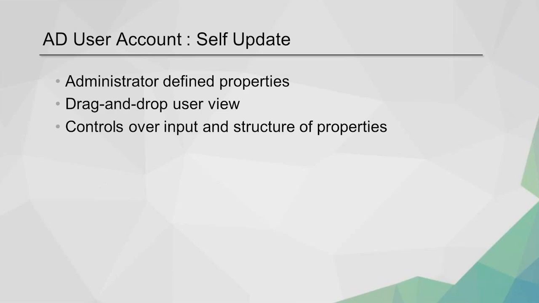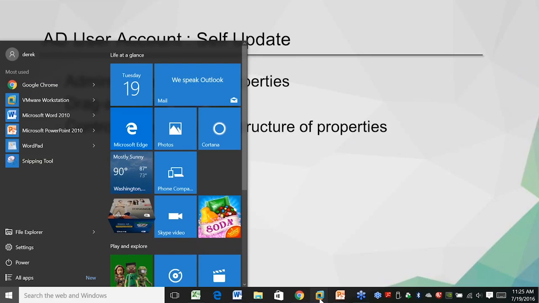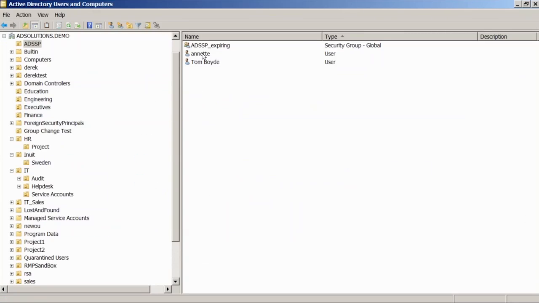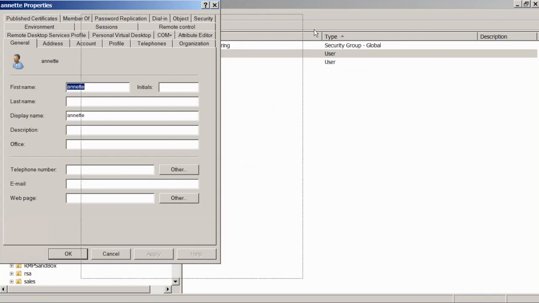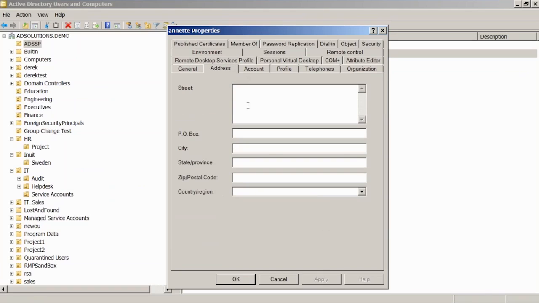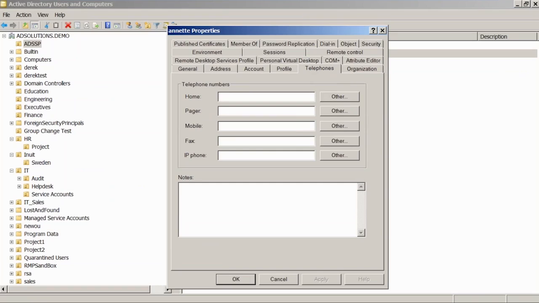Now, inside of Active Directory, there are configurations for user accounts. And some of these configurations can get pretty beefy. And what I mean by that, there's a lot of these things. Now, if we just jump in and look at Active Directory Users and Computers, and pull up an account, we're all familiar with all of these options to configure information related to the user account.